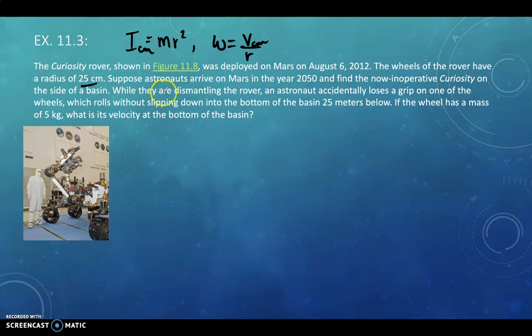basin. While they are dismantling the rover, an astronaut accidentally loses a grip on one of the wheels, which rolls without slipping down into the bottom of the basin, 25 meters below. If the wheel has a mass of 5 kilograms, what is its velocity at the bottom of the basin? Okay, so